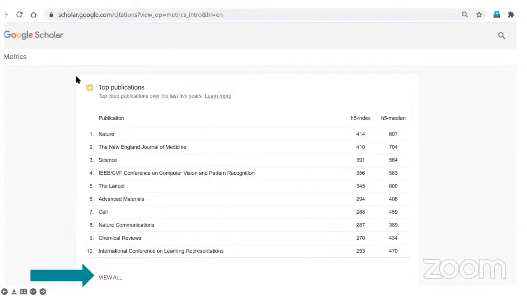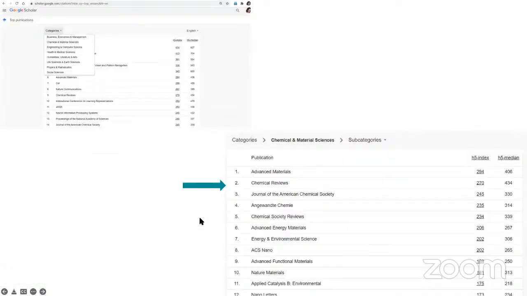In metrics, you will see top publications. Then you can click on view all. When you click on view all, you can click under the categories. There will be the main disciplines, and when you click on one of the disciplines, like chemical and material sciences, you will be able to see the list of all journals in that particular field and the H5 index.